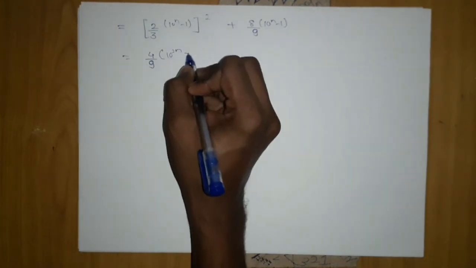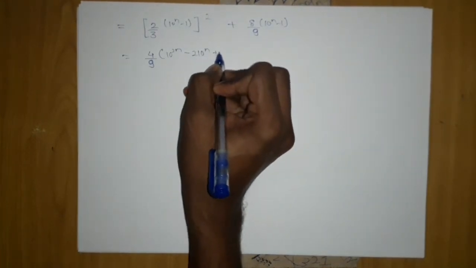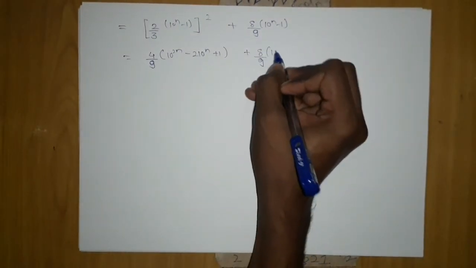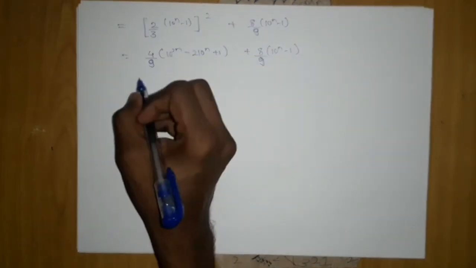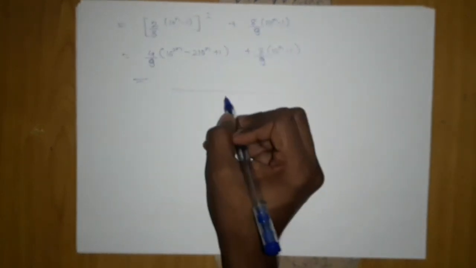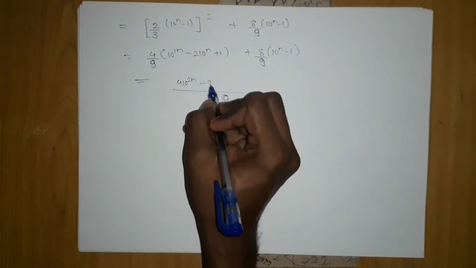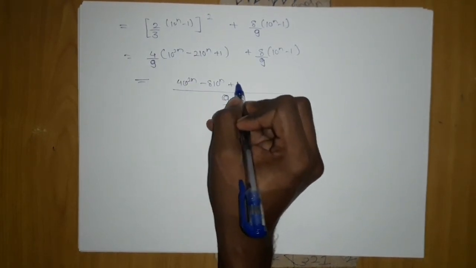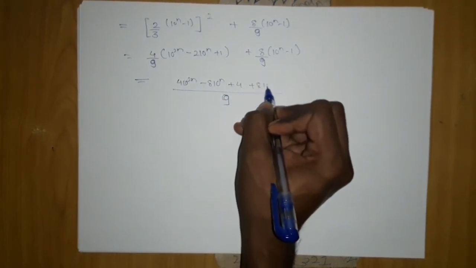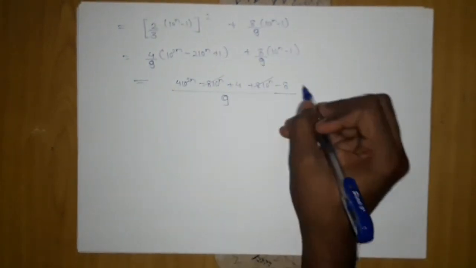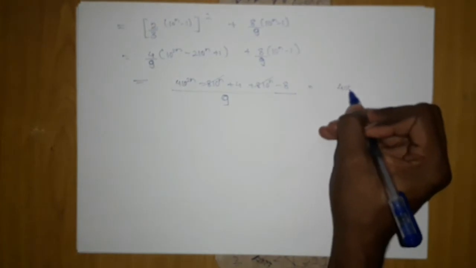10 to the power 2n minus 2 into 10 to the power n plus 1. Just the (a minus b) whole square formula. 8 by 9 will be as it was before. Now we will make the base common. It will be 9 and 4 into 10 power 2n minus 8 into 10 to the power n plus 4. Here it will be 8 into 10 to the power n minus 8. You can clearly see these two will cancel out, which will give me 4 into 10 to the power 2n